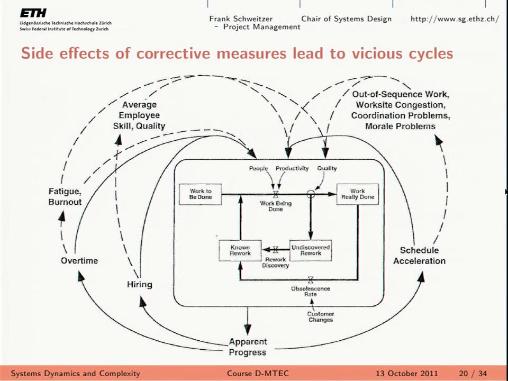Now, what happens if your customer comes and requests small changes from you, or some changes? Let's say I wanted to incorporate this new functionality because this is getting popular nowadays. It will be important in 15 years. So what happens is, well, you try to create these so-called negative feedback loops. In other words, you try to fulfill these requests, right?